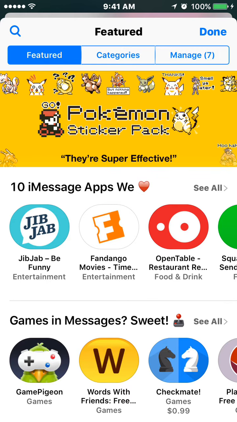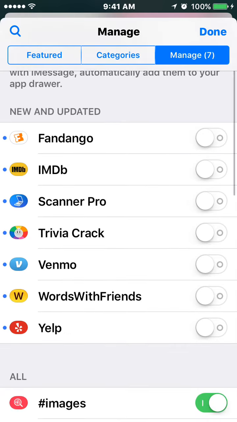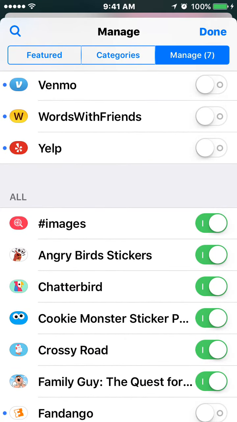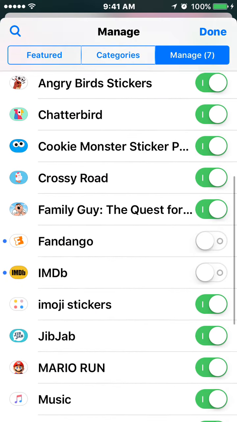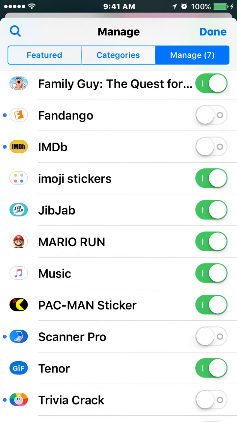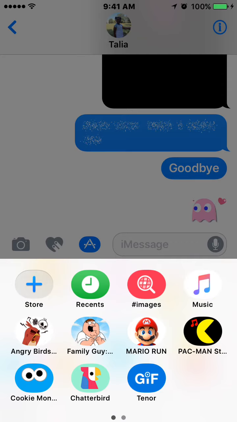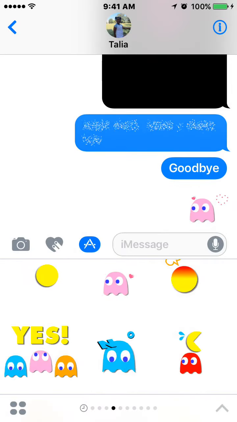So if you get that, you go up here where it says manage, and you can tap that, and that means it will automatically add it into the keyboard anytime you download an app that does that. Or when you swipe your screen, you can turn them on or off. So if there's something that you downloaded and you don't want to delete the app itself, but you just want to take it off the keyboard, you can just turn it off, like this right here, and this one here if I wanted to turn it off. And that's it. You hit done, and you're back to your stuff,